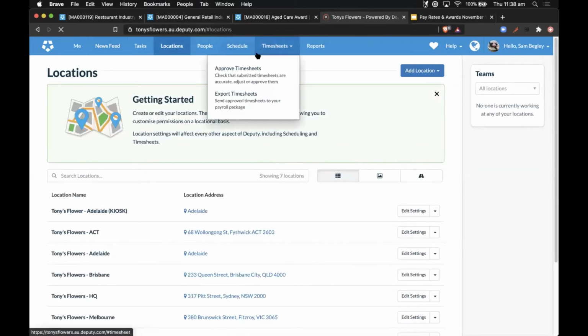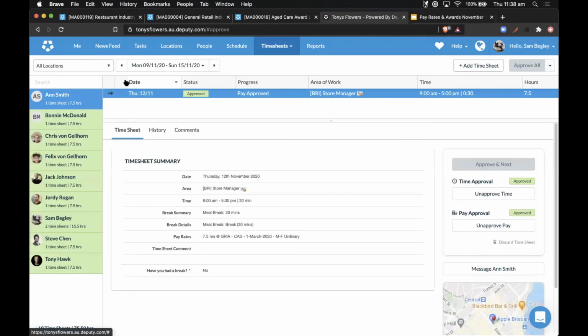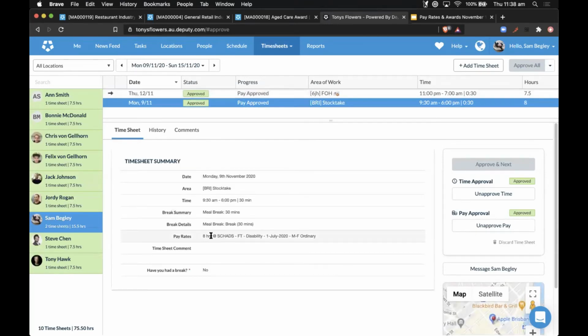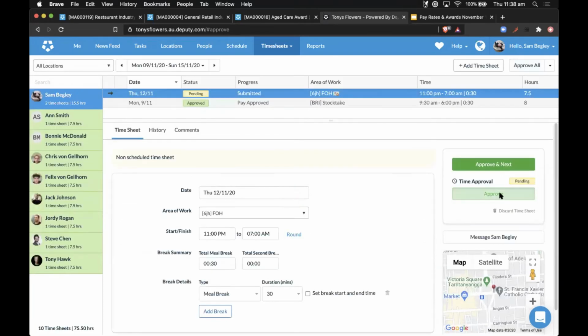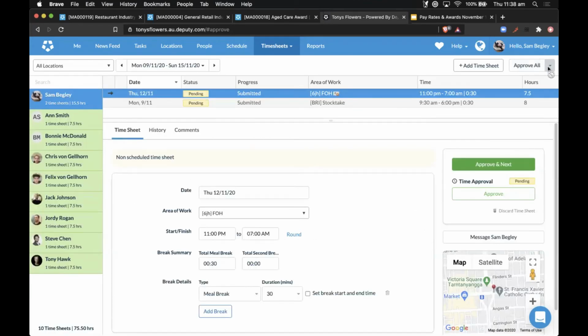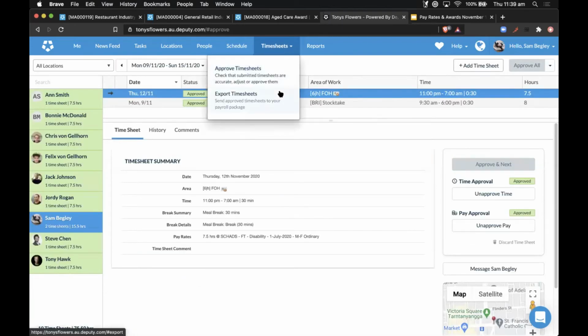If you're changing someone's pay rate in Deputy, and it doesn't matter if it's an award rate, or if you update someone's base hourly rate or make any other change to someone's pay rate, the next thing you need to do before you export those timesheets is to unapprove and reapprove all of the timesheets for that employee for the current pay period. You unapprove them, then you approve them all again. Please do that after you've made the change to the pay rate. Then you can export them and it will have grabbed the new changed rate.